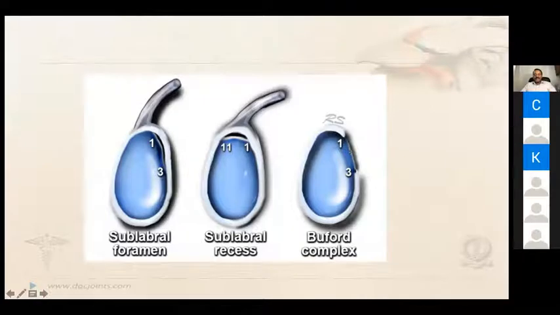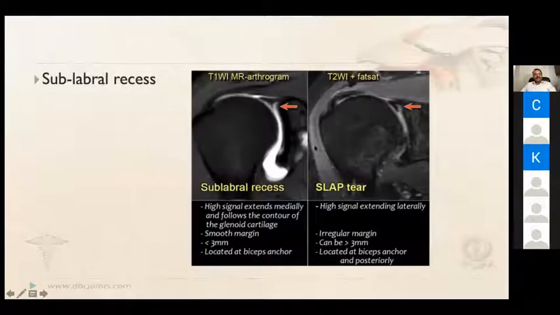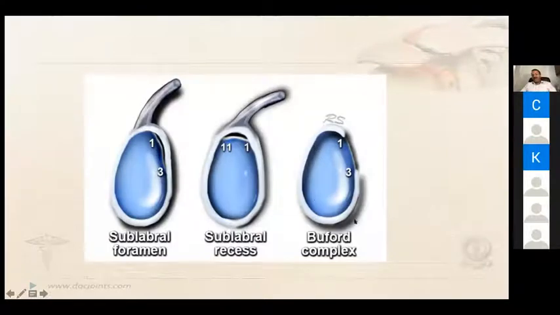Buford complex is a congenital absence of the anterior superior labrum, glenoid labrum. So that is from 1 o'clock to 3 o'clock, it might be absent. So that labrum is not important. When you go for a Bankart procedure, it is from 3 o'clock to 6 or 6:30 or 7, which is more important. So even if the labrum is not there at this point, don't worry about it. The biceps in the front and the subscapularis will take care of the anterior stability in the anterior superior part.